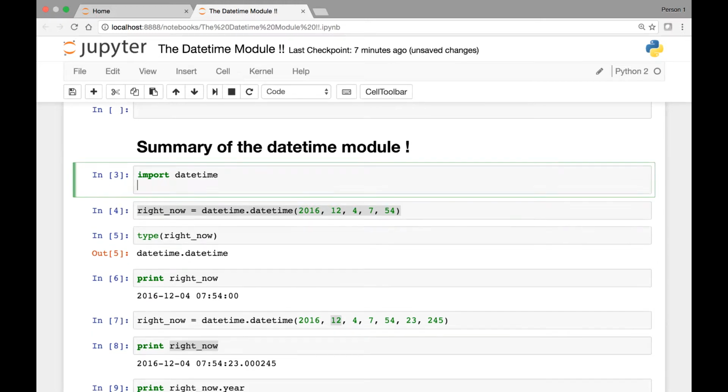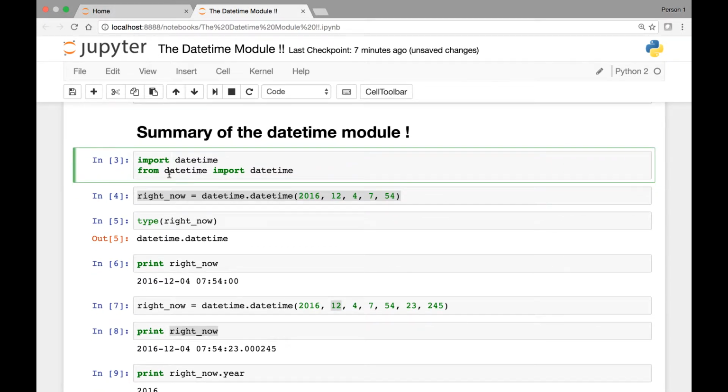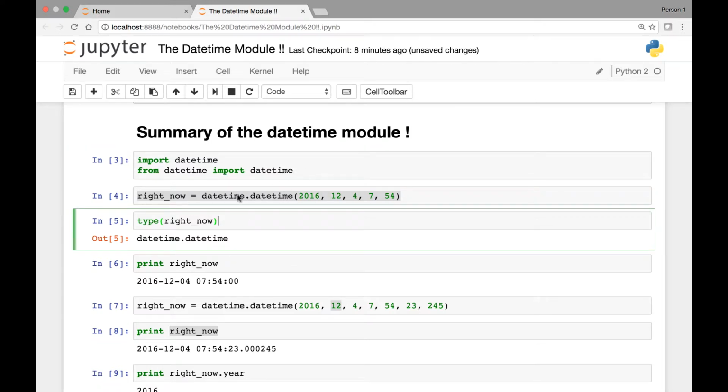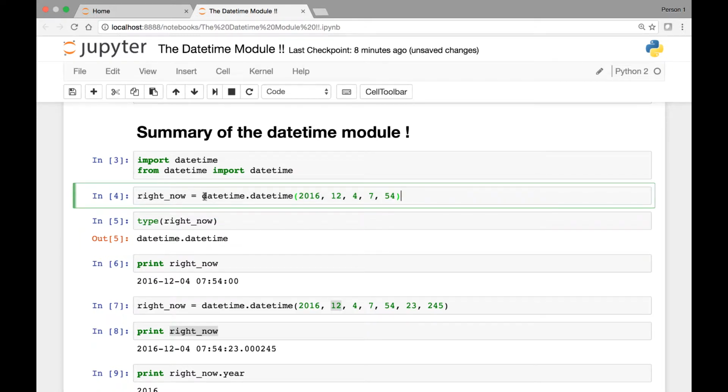The reason is, if we do from datetime import datetime, we are also importing this datetime class and function within the datetime module. So if we did that and then try to calculate the current time by using datetime.datetime, we'll be